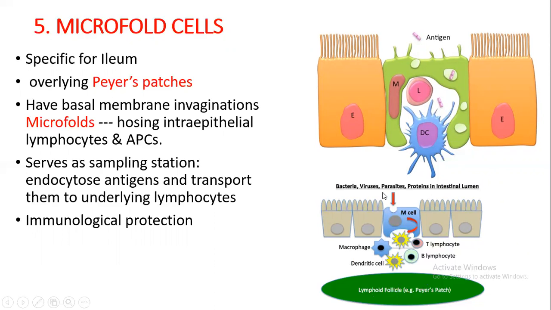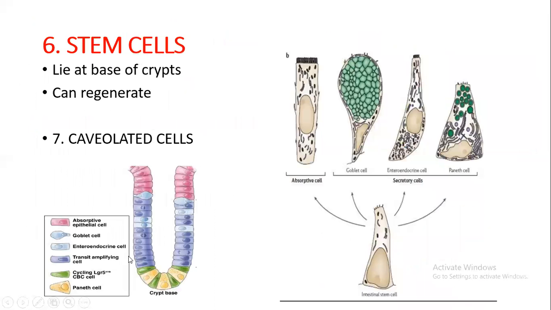They overlie the Peyer's patches, and they are only present in the ileum, as Peyer's patches are only present in the ileum. So in the ileum, when you see the slide, you are going to see villi with different enterocytes and microvilli. And where you see aggregates of lymphoid follicles forming the Peyer's patches, here you see the specialized microfold cells. They lack the normal brush border and they have basal infoldings where they house these immunological cells, and they are part of your immunological protection.